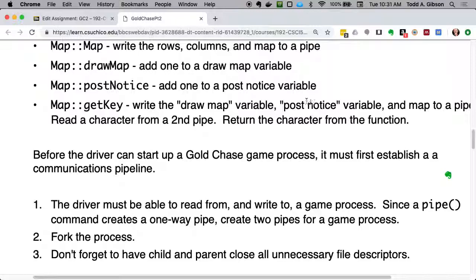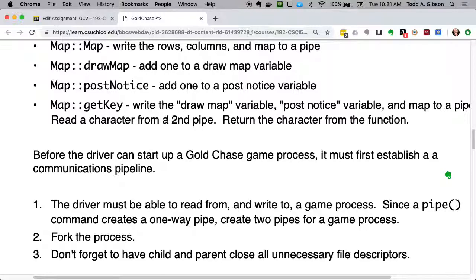We get this variable, we get this variable. We can confirm they both increased from the first time through. And we get the map again, and we can confirm that it's changed the way we expect it to change. Yeah? And then what you do is remember, your auto test program has standard out to the screen still, so